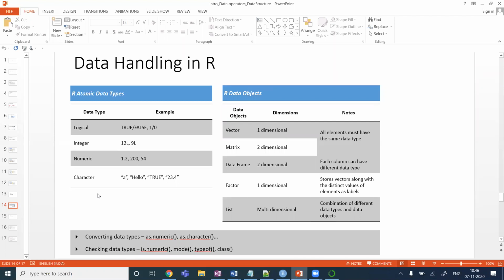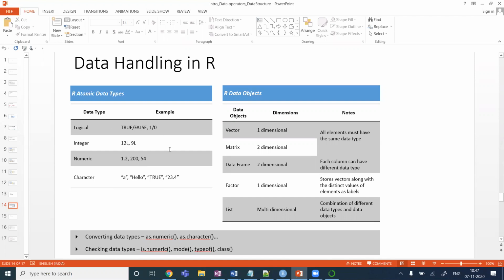In a character type, as I said, a single character can also exist. A set of characters, a word can exist, or multiple words, a sentence, multiple sentences. Everything will come under character type. But yes, the defining is like you have to use quotation marks. It can be single quotation, double quotation, triple quotation. Those all are valid, like all the valid points that you had in Python. The only difference is in the name that we call, that's character. It's called that here.